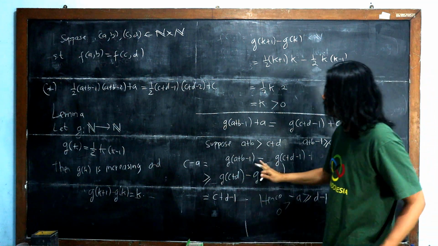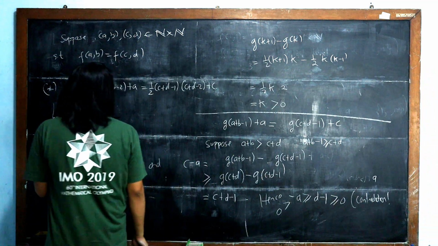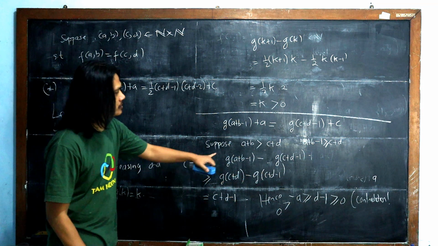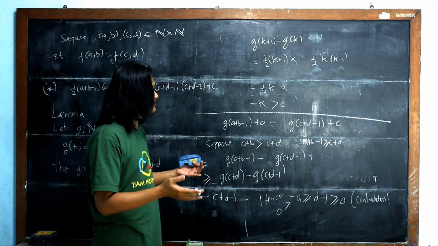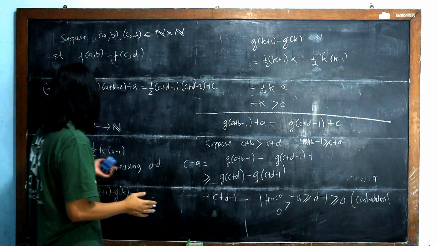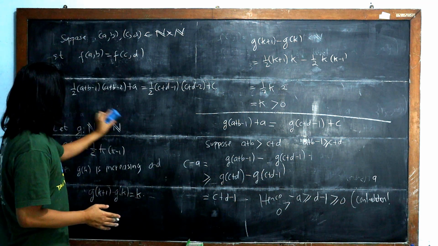So what do we learn from here? What we learn is that it is impossible to have a plus b greater than c plus d. So a plus b must be equal to c plus d. Okay? So from here,